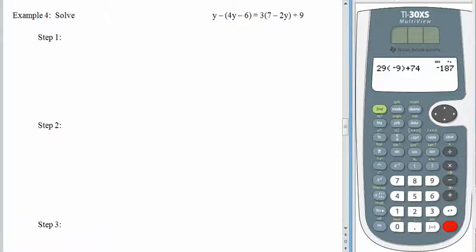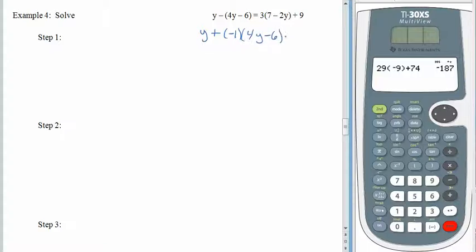Looks a little different than what we had before, but not too bad. We've seen expressions like what's on the left before. We've seen expressions that look like what's on the right before, so we know how to deal with these. The very first thing I want to do is make sure that I don't lose this negative sign here when I distribute. So I'm going to rewrite this equation as adding the opposite, that negative 1, so I can see the coefficient there